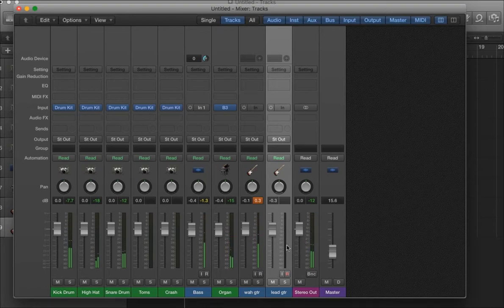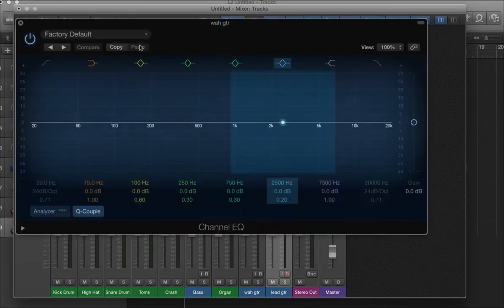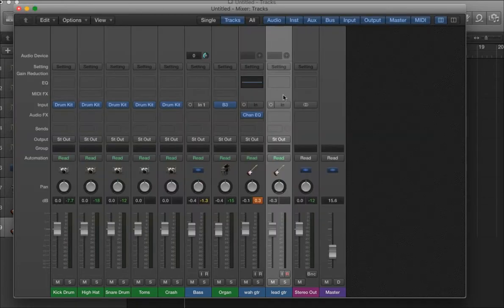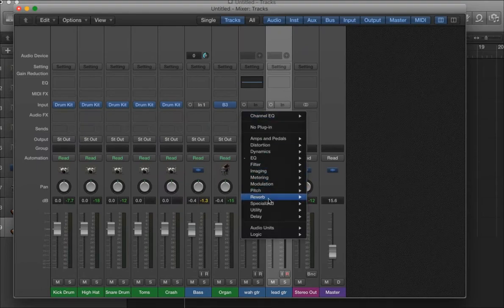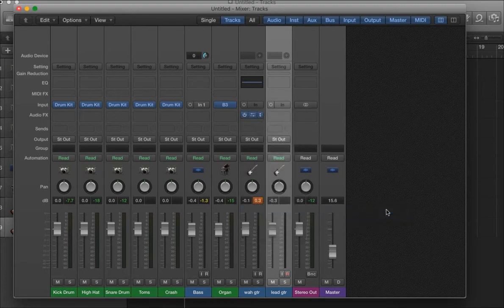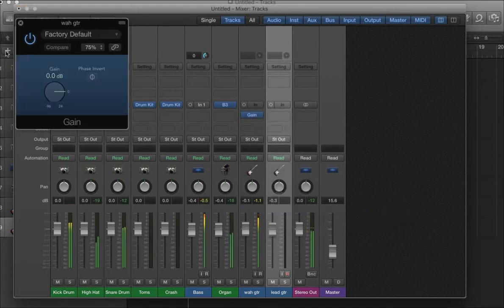Okay, so what I'm noticing is that the wah guitar is a little hot, so let's hit the right place. We're going to change this to gain. Let's go back to the